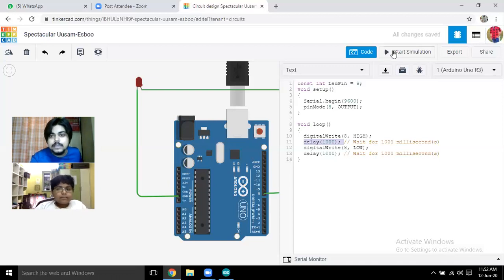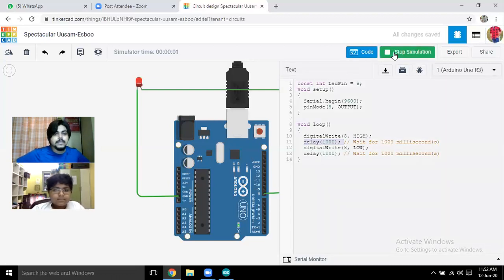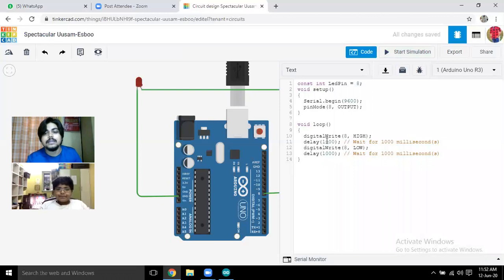Okay, so let's simulate the entire thing. I am clicking on start. See, it's glowing and it's stopping, right? Now, if we want to change the time count of glowing, what can we do? We can change it to 2000 milliseconds and 1000 milliseconds again. But first of all, we will have to stop the simulation. And then if we want, we can give 3000 here and stop for